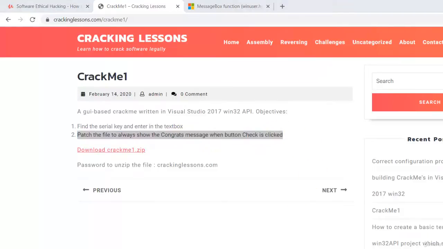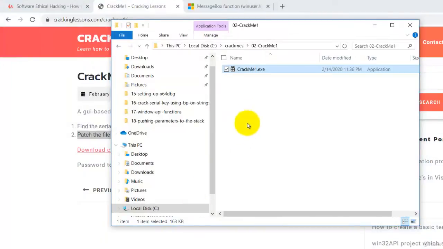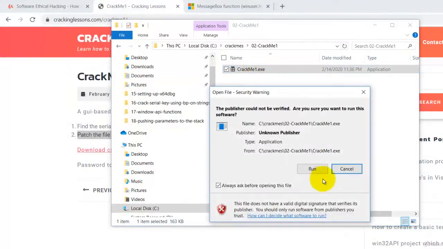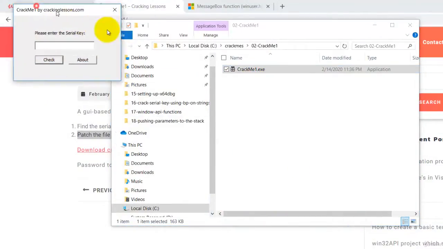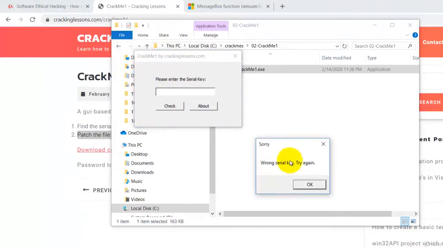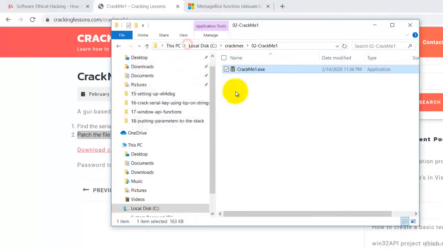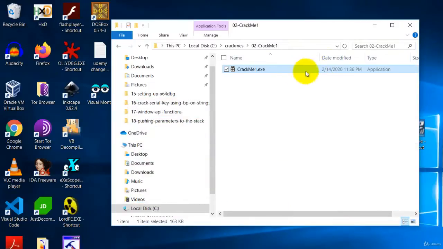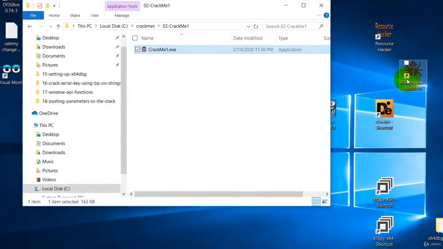So what that means is, for this CrackMe, whenever we click on the check button, it doesn't matter whatever you key in, it has to show the congrats message. That is the objective. So we are going to learn how to patch it in this lesson. Let's get started. So let's open this CrackMe with x64dbg